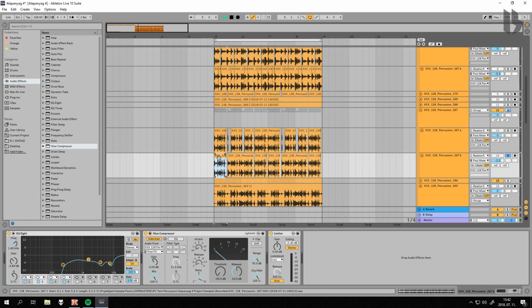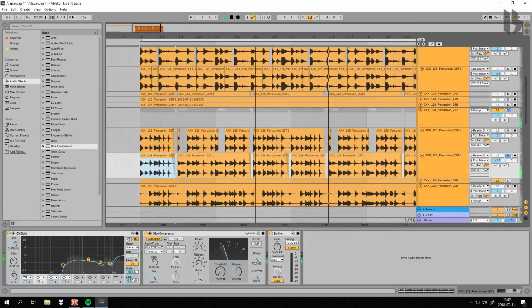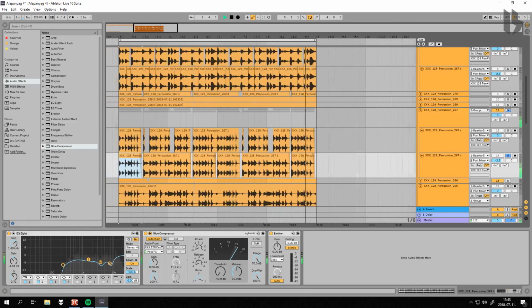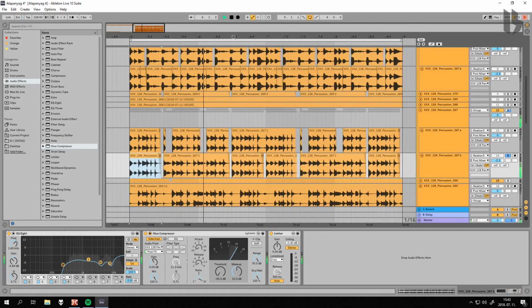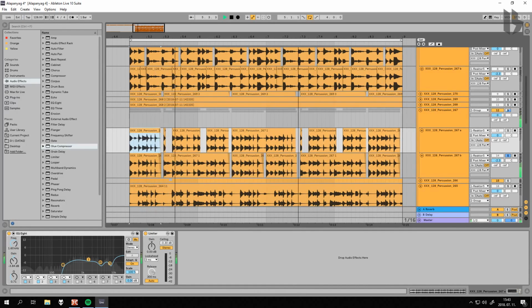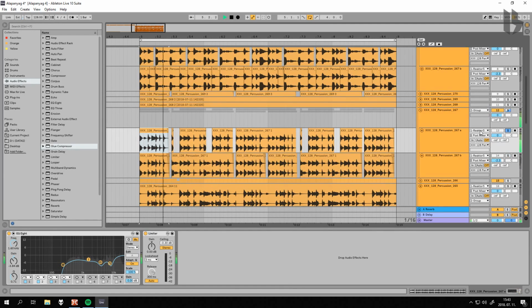So with the side chaining, although I set up everything the same, it sounds a lot better. It ducks the original, it ducks the gap filler a lot better based on the original beat sound. And we still have these beautiful transients and a beautiful, not muddy kind of sound from the original transposed up loop,